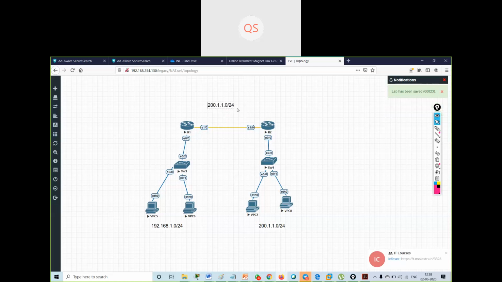Over here I will be having a private IP address, you can say, 100.1.1.1. Okay, 100.1.1.1/8, sorry, 1.1, not 1.network.